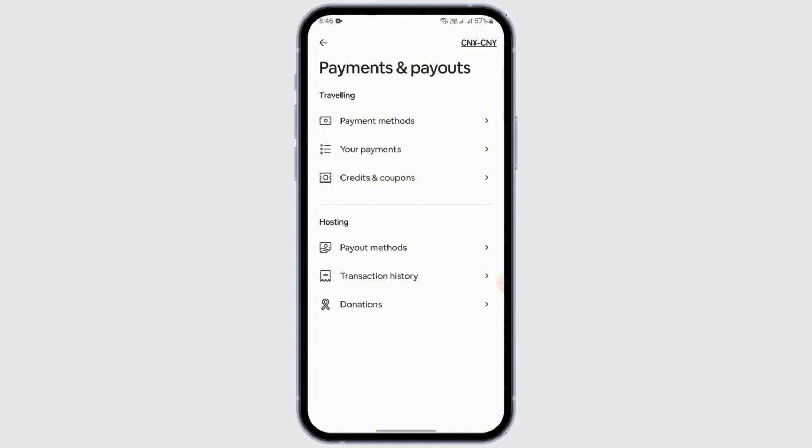Let's say I want to change it into Chinese, so I'm just gonna change it, and you can see my currency has been changed. After that, whenever I pay or pay out, my currency will be in Chinese currency. If I am in China and I want to book an Airbnb in China, I may just change it into Chinese currency. So in that way,